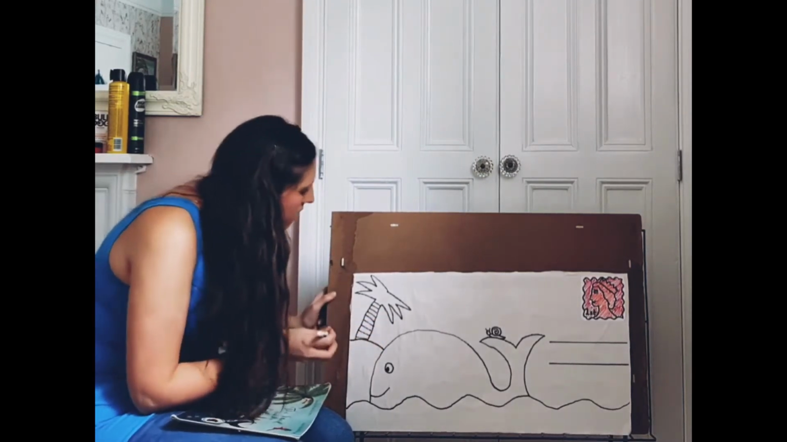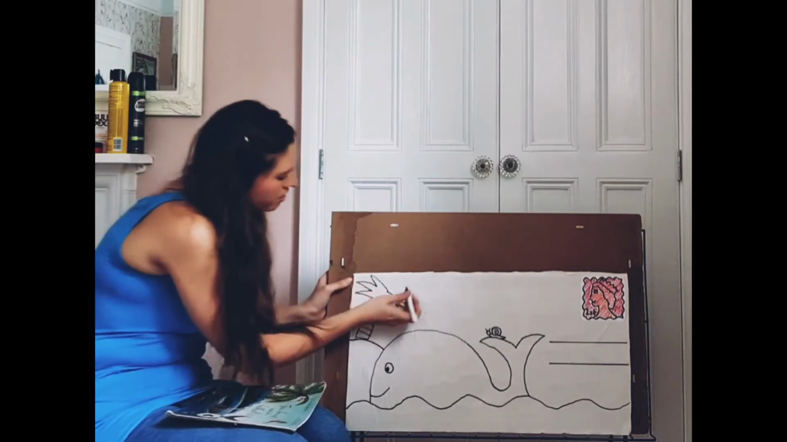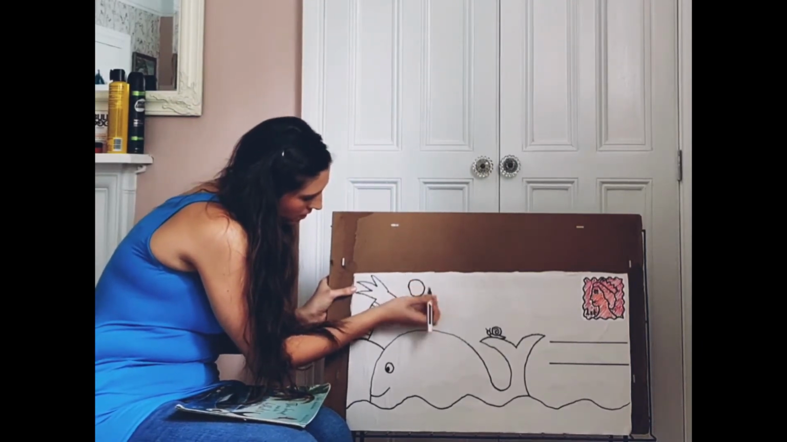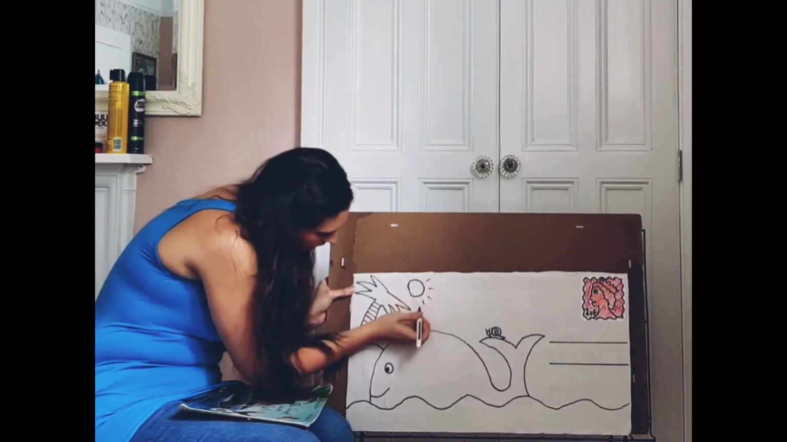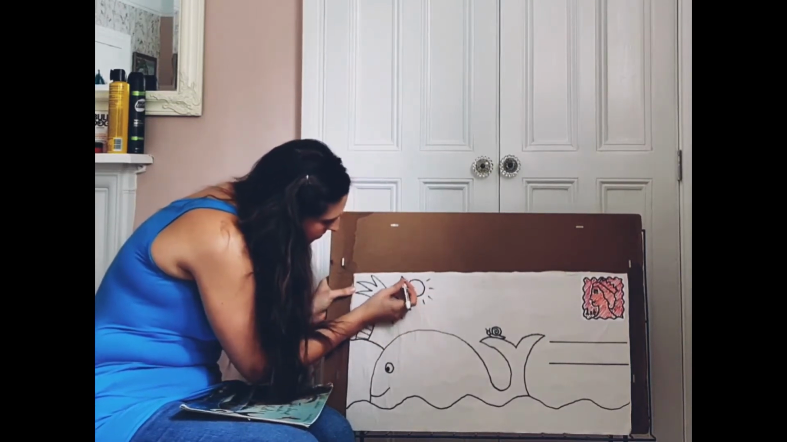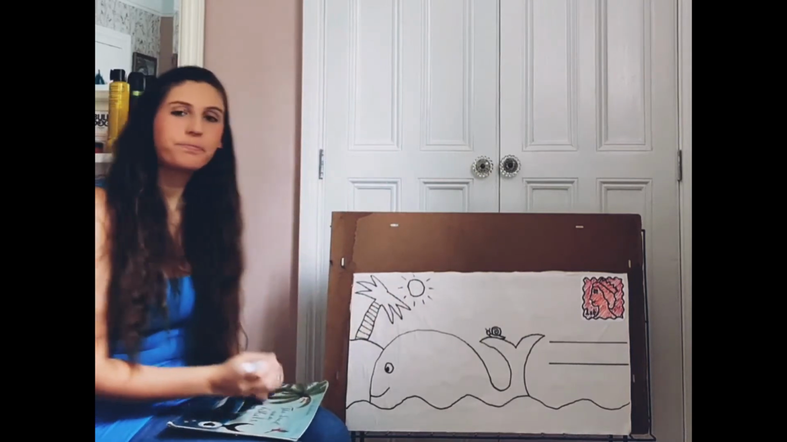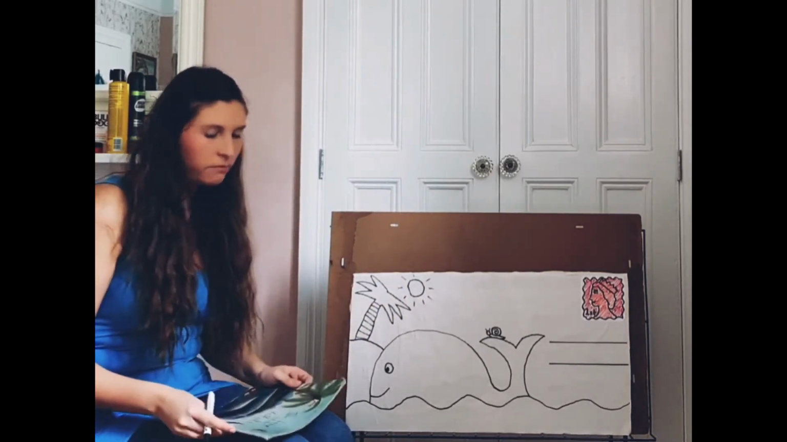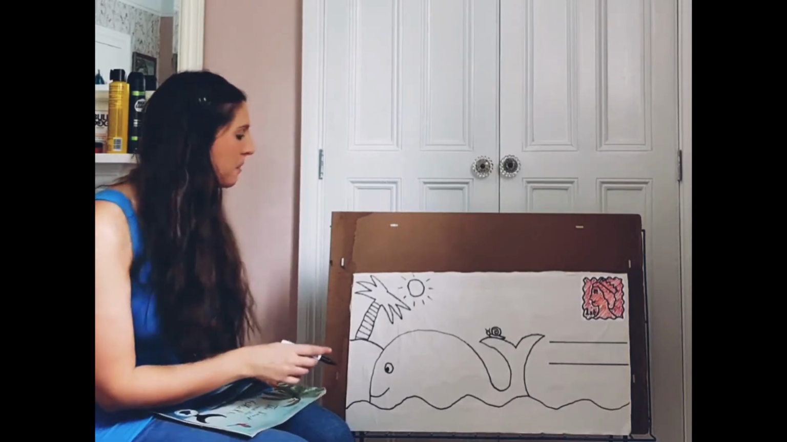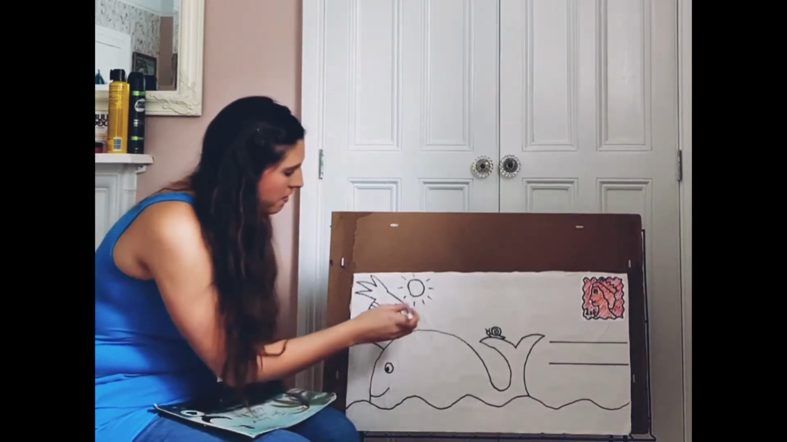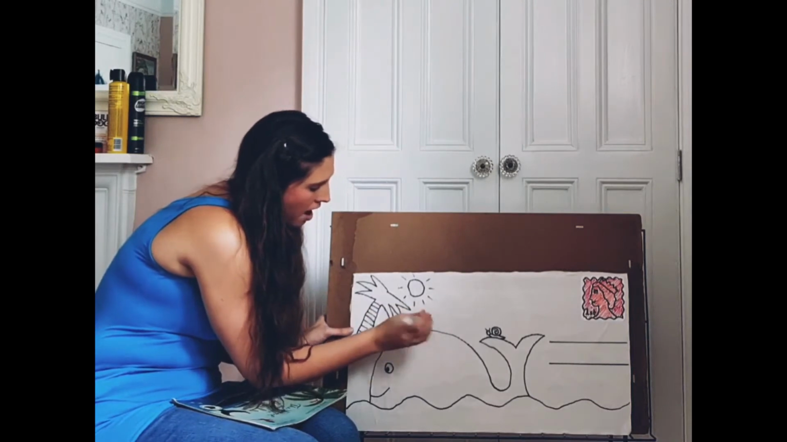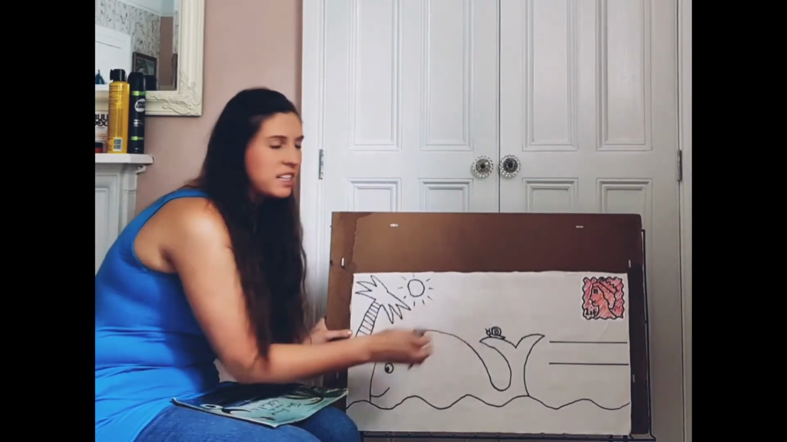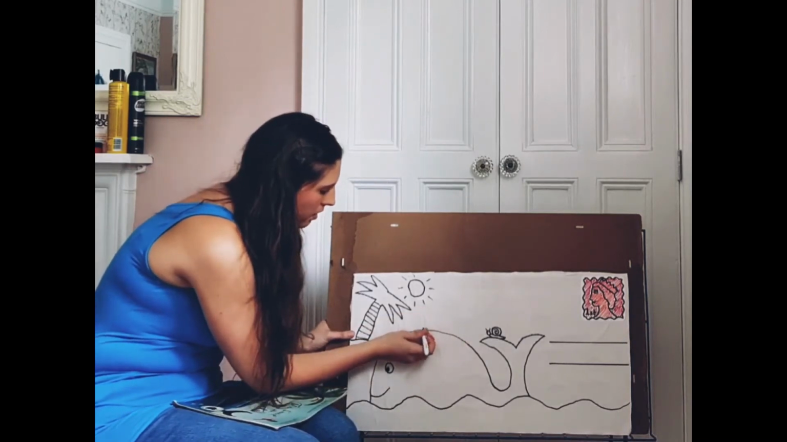Okay, then I'm going to do the sun, so that's going to be a circle shape with some rays of sunshine coming out. Okay, and the next thing I'm going to do, I'm actually going to do some mountains, because remember in the story they saw some mountains, didn't they? So these, I'm going to start sort of from the middle of the whale, because they're just behind him, these mountains. So we need to go up